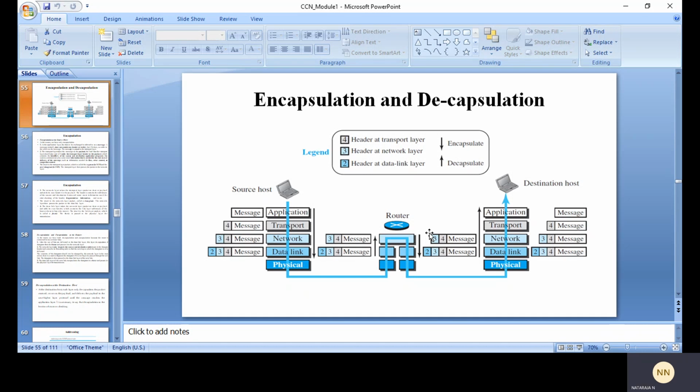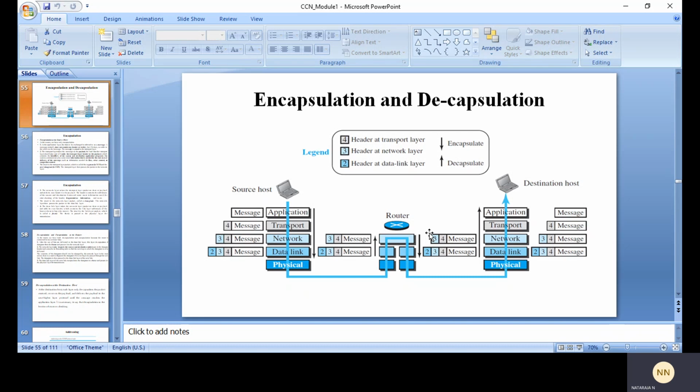The internet is encapsulation or decapsulation. What exactly we can observe with the figure. Here we have not shown the layers for the link layer switches because no encapsulation and decapsulation occurs in this device. Here we are going to show only the application layer, transport layer, network layer, data link layer and physical layer.